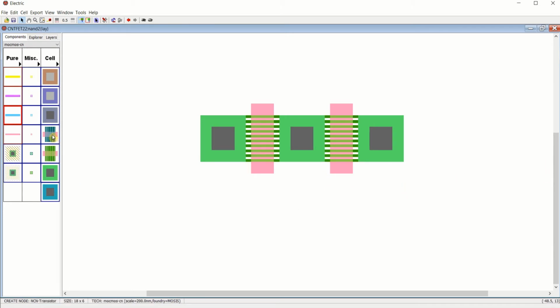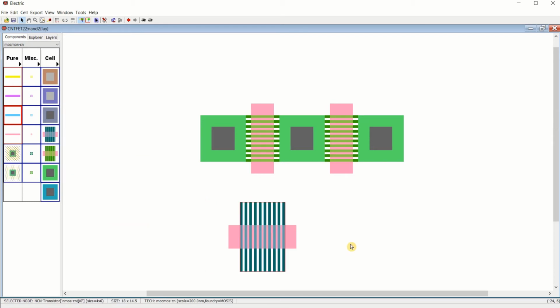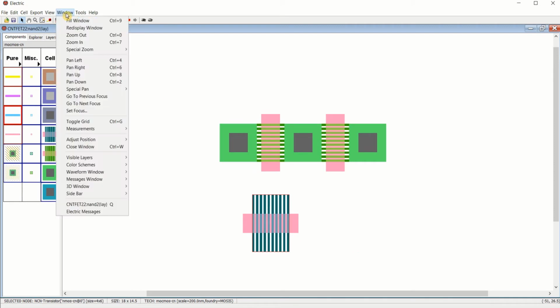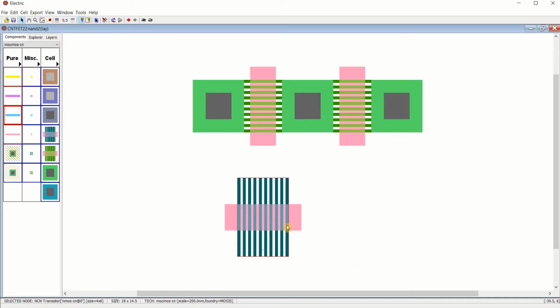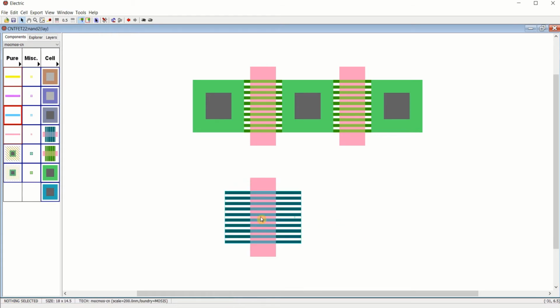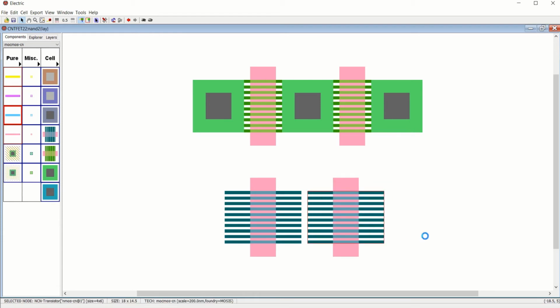Similarly, you can do the same process for the NMOS or NFETs. Select this, use Ctrl J for rotation. Since I want two transistors to be connected in series.